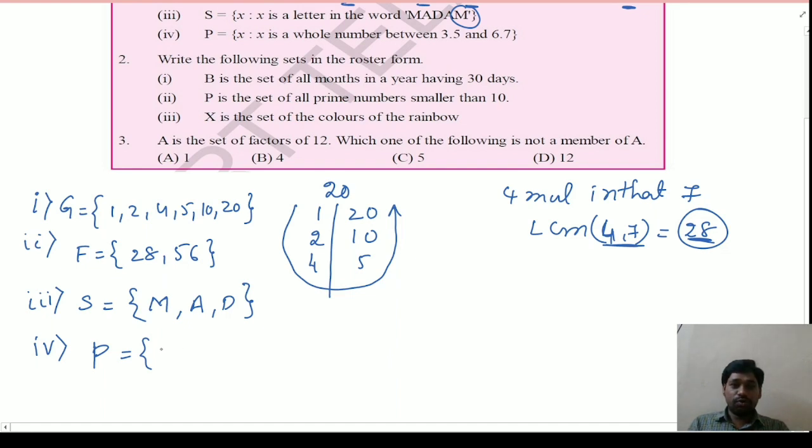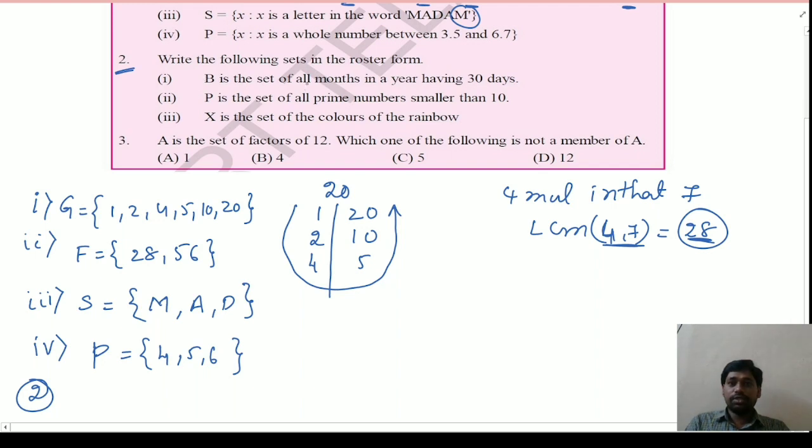3.5 is a whole number, after that is 4, next 5, then 6. 6.7, after that the whole number is 7, but they asked for the numbers in between, so the answer is 4, 5, 6. This is about the first one. Next, if you see the second,